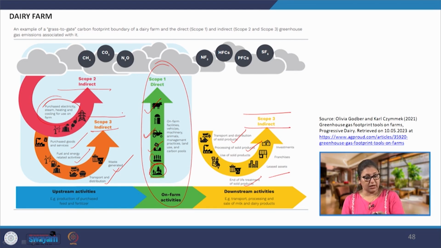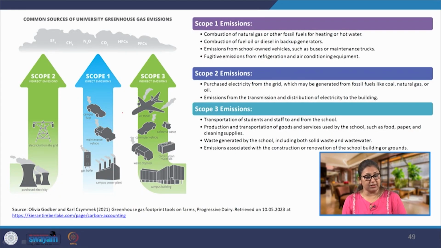Let us look at another example. Now, here we are talking about universities in general, so academic institutes, and it is easier to understand because it is like a service. Here, again, scope 1, 2 and 3 they have divided clearly, and there can always be discussions on what to put in scope 3 indirect emissions and what we put in scope 1 direct emissions,